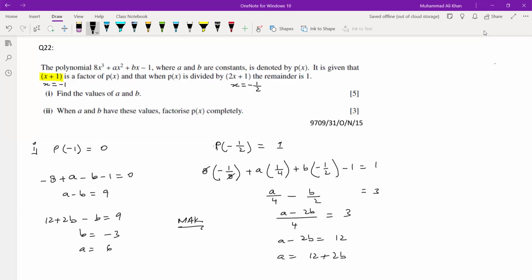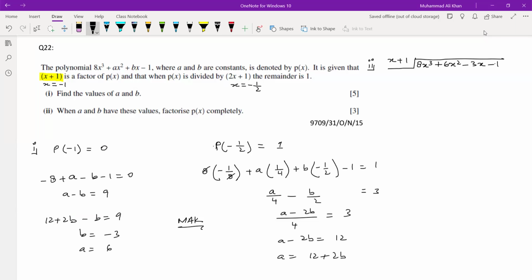Factorize the polynomial completely. इसको फैक्टराइज करना है हमें। फैक्टराइज करने के आपने कई मेथड सीखे हैं। मैं लॉन्ग डिवीजन से इस बार कर रहा हूं। 8x³ प्लस 6x² माइनस 3x माइनस 1 किससे डिवाइड कर रहे हैं? x प्लस 1 से, बिकॉज x प्लस 1 इज द फैक्टर।